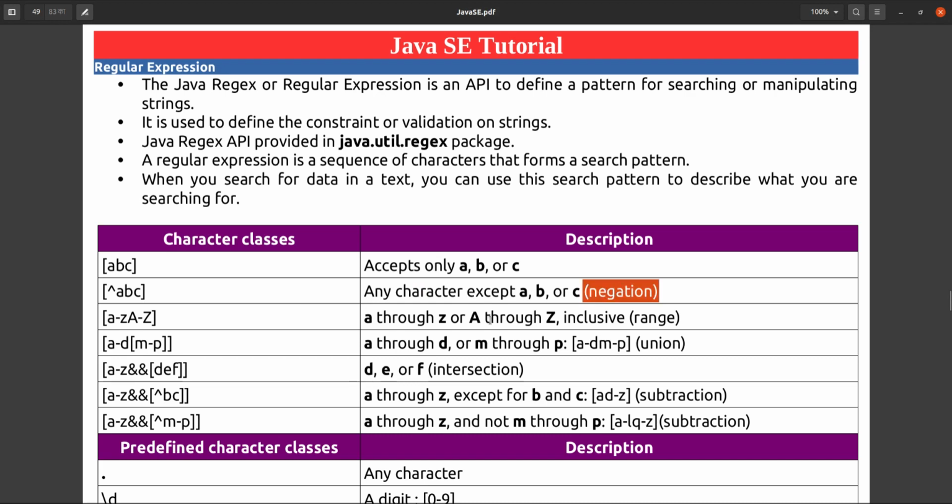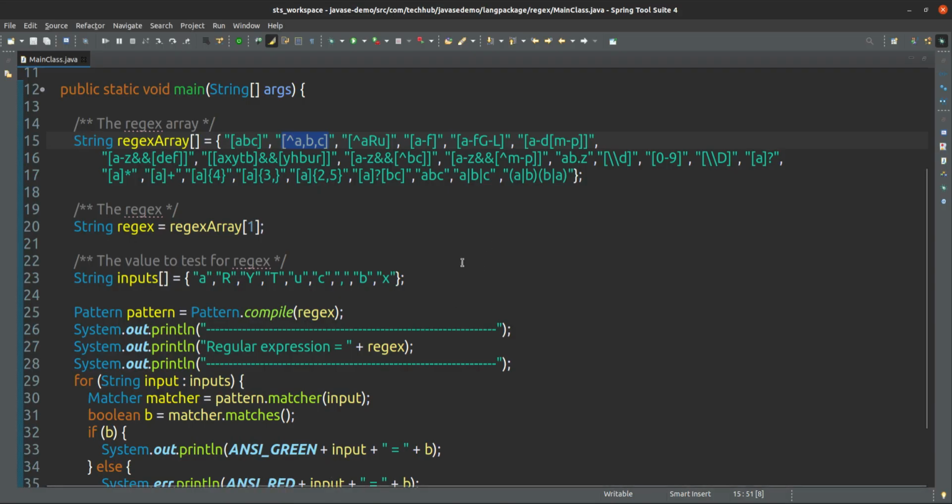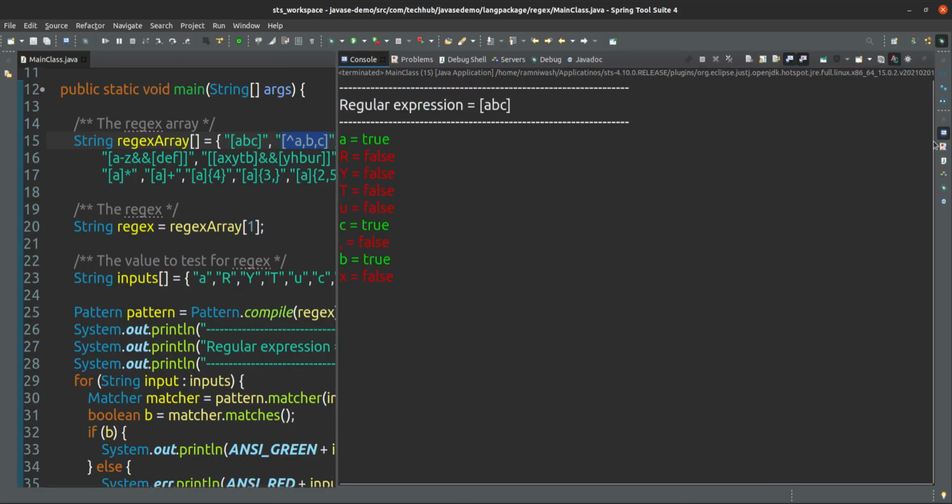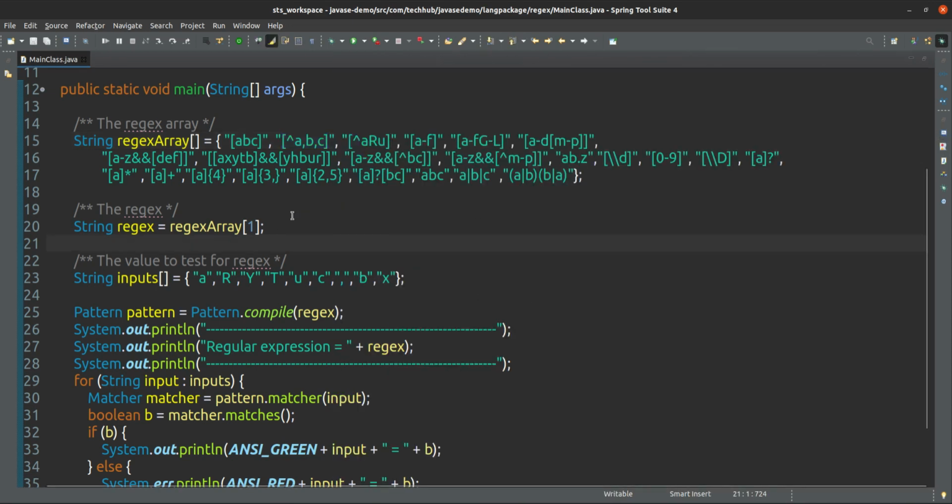This is the negation symbol. Whatever remaining characters other than A, B or C, you can assign into your input. This is the meaning of negation here. In the last one, A, B, C was passing and others were not, but now A, B, C will not pass, others will pass.